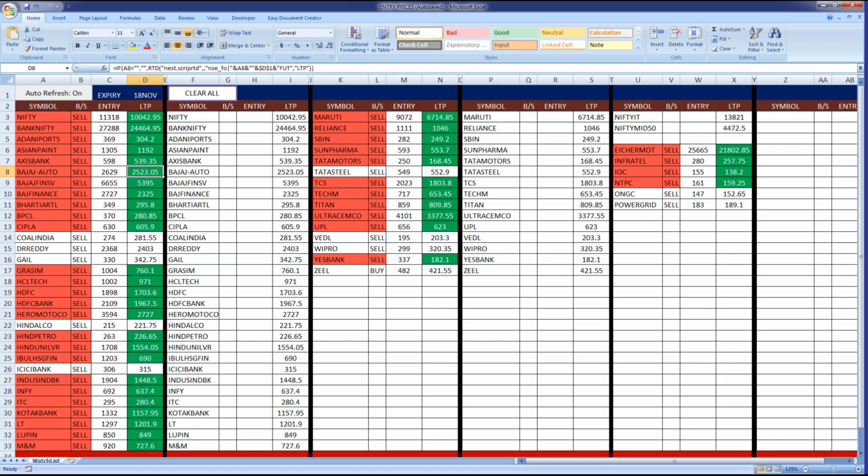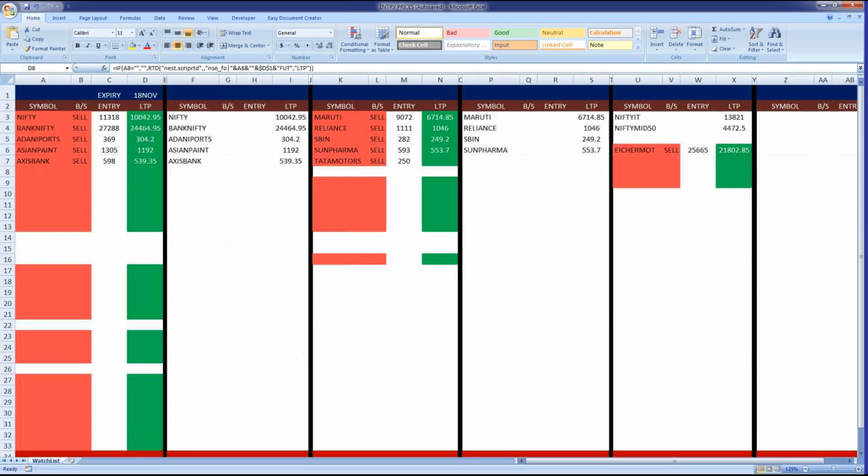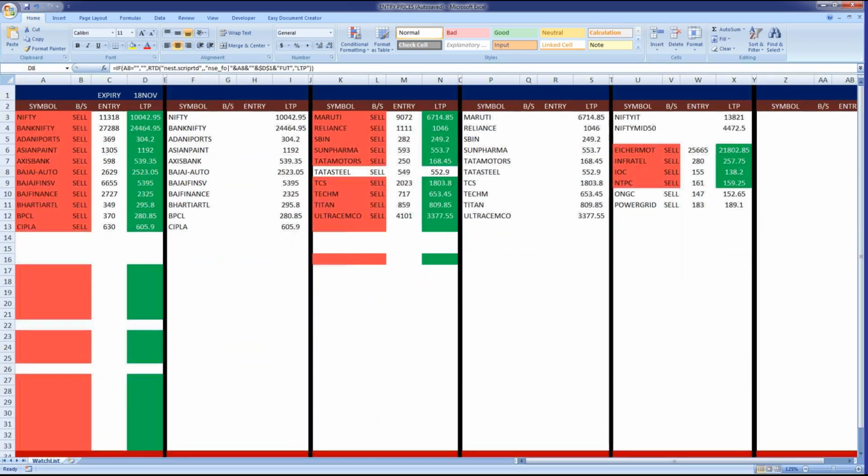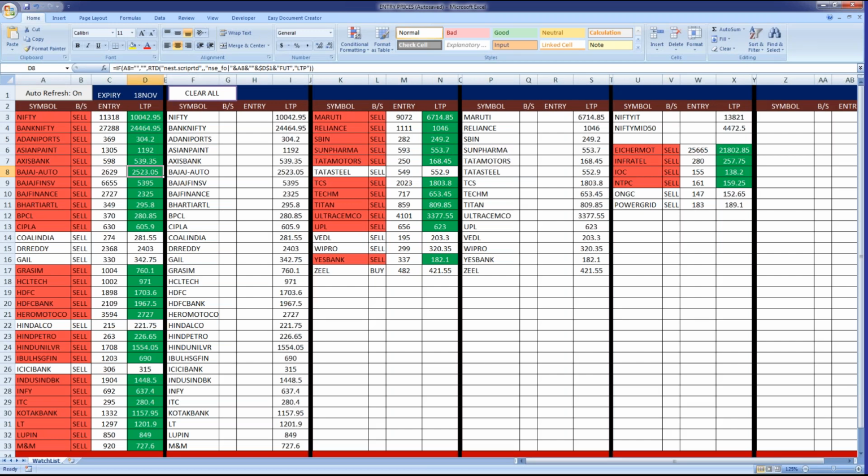That is the positional calls. The rest, 5 lakhs or 2 or 3 lakhs, I think 2 lakhs is more than enough for you to do intraday trades, depending on the margins that we provide in Nifty 50. In Nifty 50, we provide the least margins. The margins are really good, so you can do Nifty 50 intraday. If you have 2 lakh rupees, it's more than enough. You have the other fund which you can keep aside.